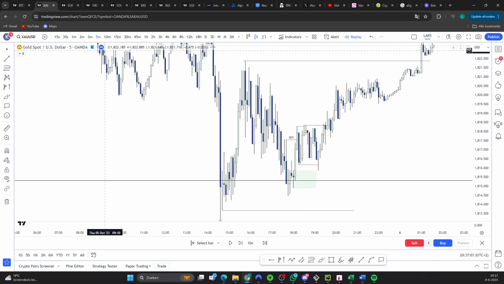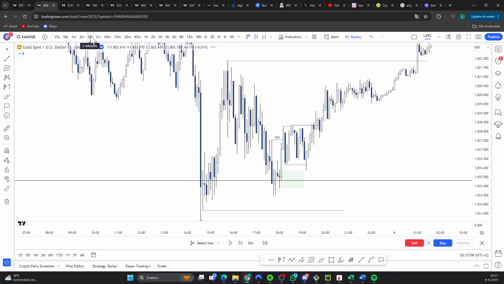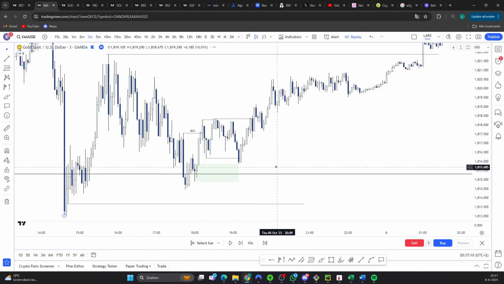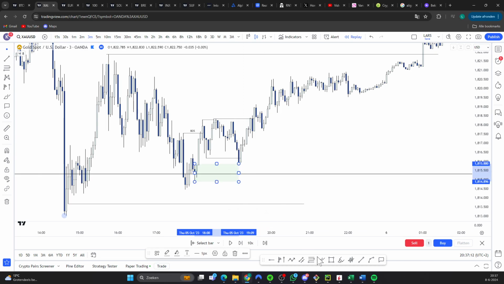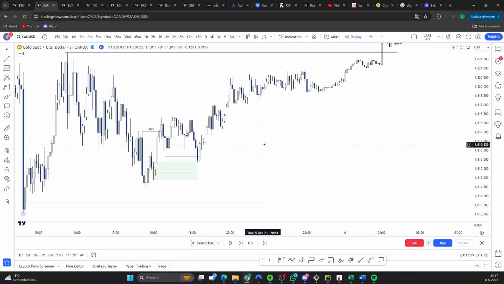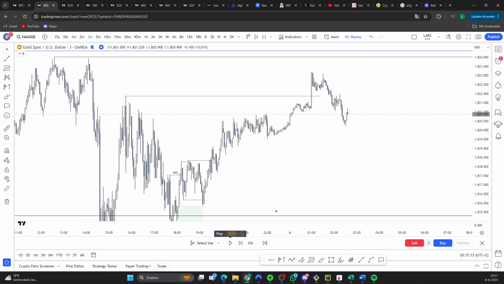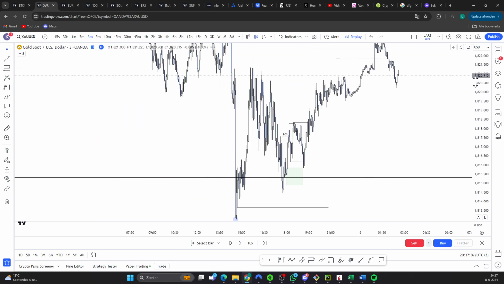But we even broke in there. It's a 5 minute SFP, but not really 5 minute valid structure. What I could have done is just watch what happened at the order block, and then once it bounced, just immediately move my stop to here, instead of de-risking myself completely, because it did end up hitting our target, and potentially even higher. Okay, let's not zoom in or extend it too far, but